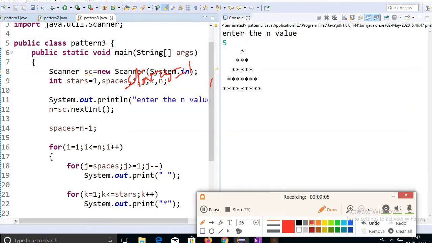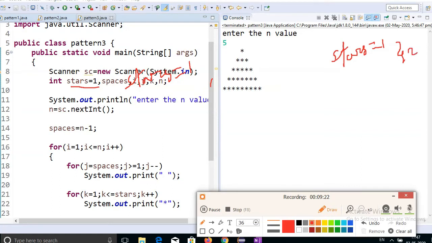So the first value stores stars equal to 1.